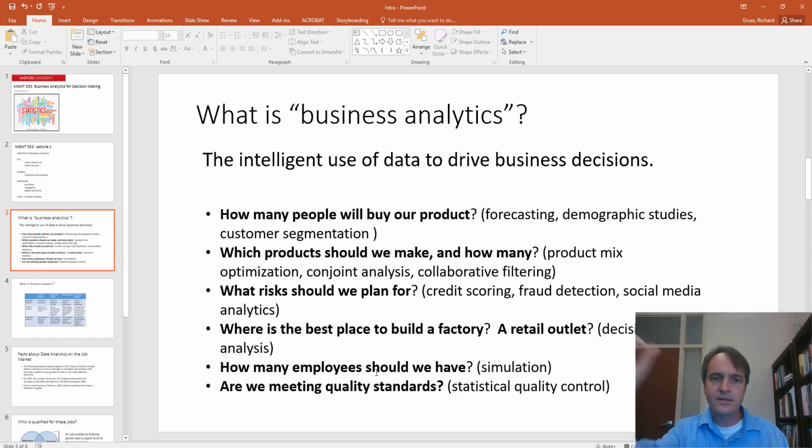So first of all, this term business analytics, it's not something that's been around forever. The definitions are a little bit fluid, but what they all have in common is the intelligent use of data to drive business decisions. Now, data has always driven business decisions. There's always room for intuition and creativity here and there, but the truth is people make decisions based on data,